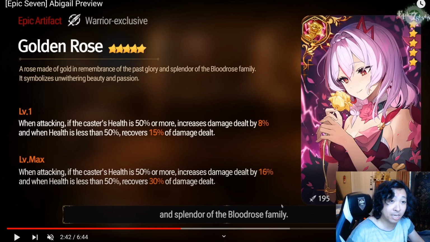So, it's basically a Sigurd's and a Tonfa pulled into one artifact here, depending on how much health you have, which is pretty insane. Now, it's not as good as either of them, obviously, but together, it makes it nuts. So the lifesteal isn't as much as the Sigurd's. However,